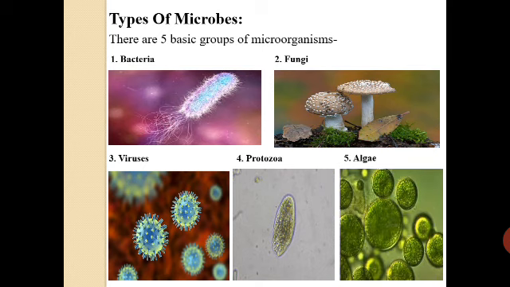So there are 5 major categories, and out of these 5 there are few which are unicellular, there are few which are multicellular, there are few which can be either multicellular or unicellular. That we will discuss one by one. So overall we are going to study the meaning of bacteria and how this bacteria is different from fungus and how fungus is different from others. So at the end of this class today, we will be able to differentiate all the microbes.